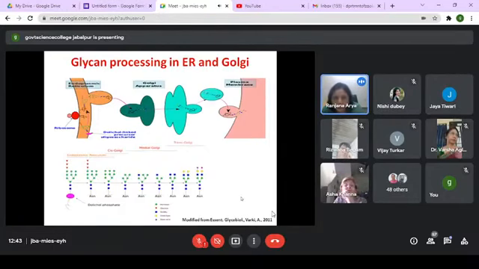Particularly in N-linked glycosylation on the molecular backbone, in the ER there are additions of glucose residues, and as it migrates to the cis, medial, and trans Golgi, you will see mannosidases and glycosidases working. I'm sure you know the pathway. And in the trans Golgi, in the end, sialic acid is added as a terminal residue. Once the sialylation takes place, the protein is expressed on the cell surface, where it performs all the cellular functions.